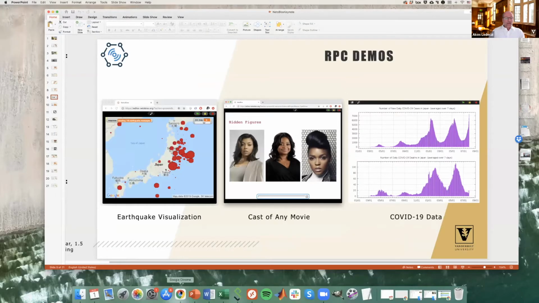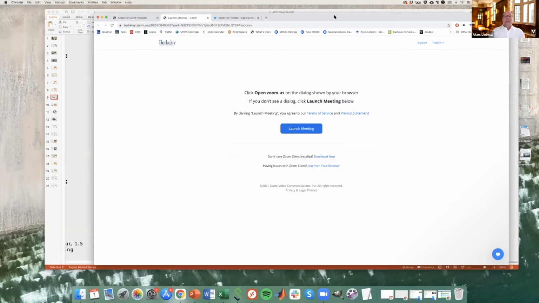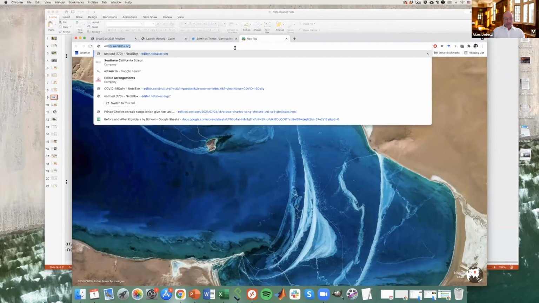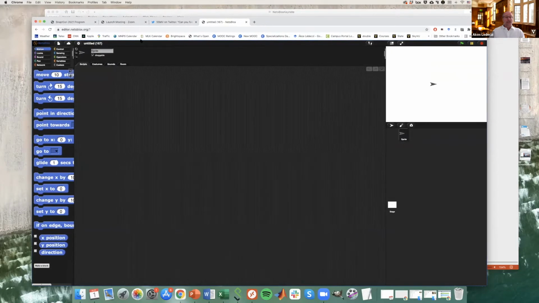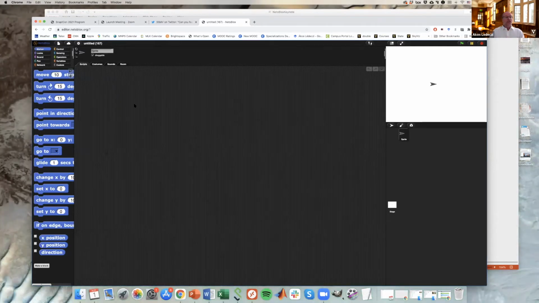Okay. All right, so without further ado, let's look at some demos. So when you go to editor.netsblox.org, this is what you see, and what you see is basically Snap, right? Of course, we started from Snap. We are using the wonderful work of Jens and Brian and all the other people. And the reason is because it is great. So it was really easy for us to add just those few new things that we needed.